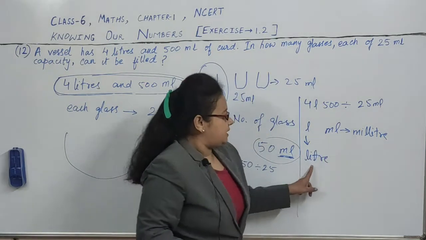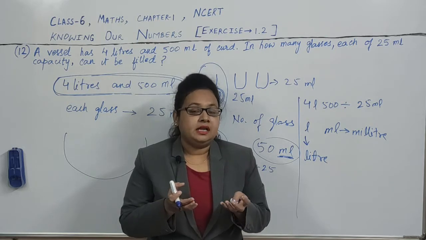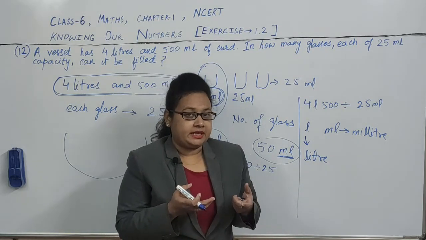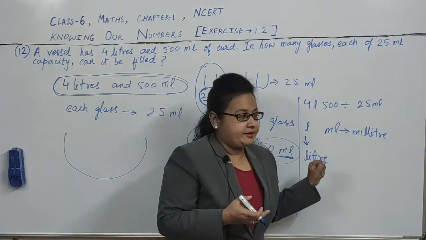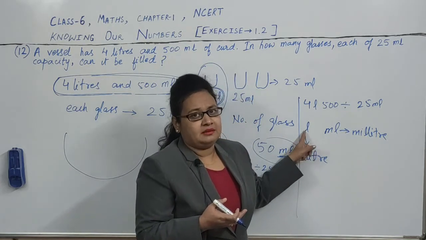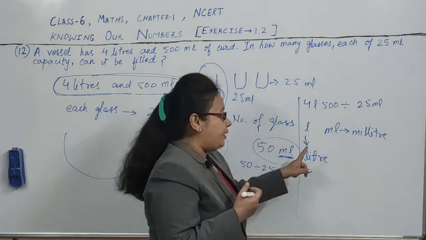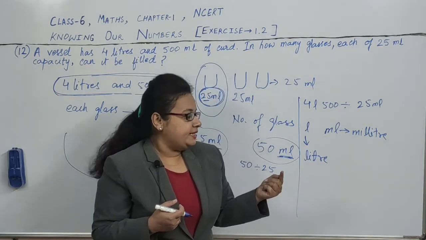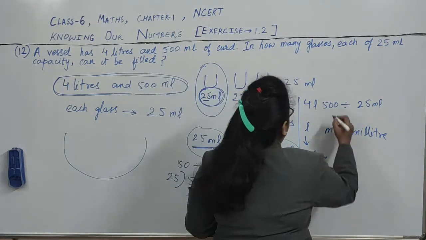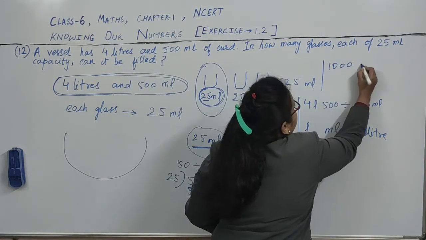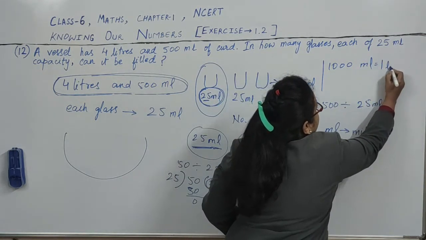Milliliter. So what is this? These are the units to measure the capacity of a vessel or a container or a utensil to contain a liquid in it. So that capacity of the container is measured in liter and milliliter. Liter is the large unit to measure that capacity, and milliliter is the small unit. How it is small, I will show you. See, 1 milliliter, 2 milliliters, 3 milliliters, 4 milliliters, like that. If we take 1000 milliliters, then it will be equal to 1 liter.